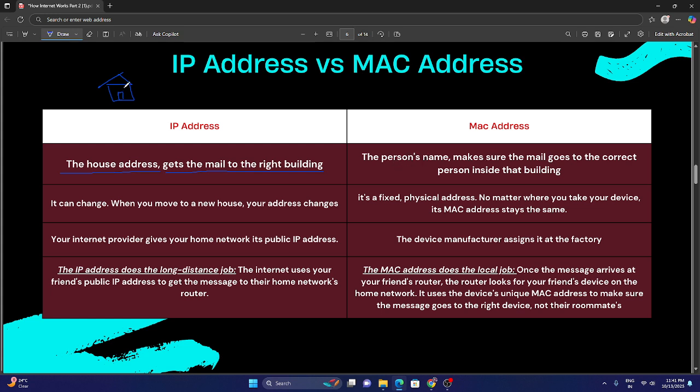This home is owned by a person, right? So this mail is going to someone. If this is the postman and he wants to give this mail to that particular person, that person is that particular device which has the MAC address, and the home which he lives in is the